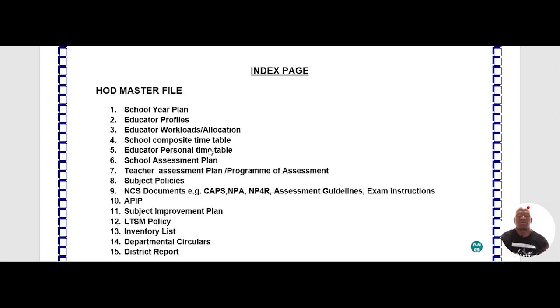So it is one of the items that must go into the master file section of the HOD file. Right, moving right along, we can see that the next one is the one which says School Assessment Plan, SAP. The School Assessment Plan, as developed by the relevant structure, should go into the HOD